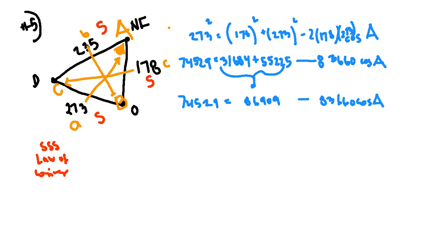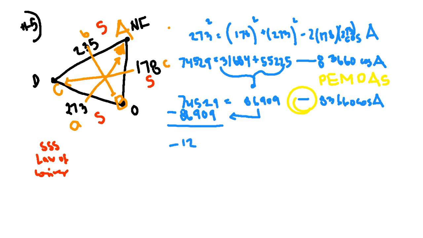Do not forget, you cannot just put these together right now. You cannot combine that because of PEMDAS. We have to follow the order of operations. So we got to keep going. This is going to move over and become a subtract 86,909. That's going to be negative 12,380 equals negative 83,660